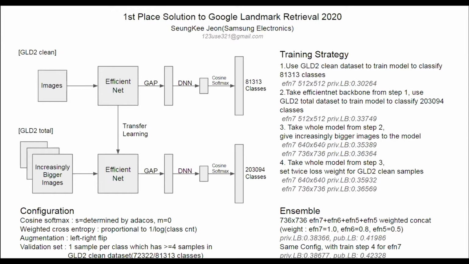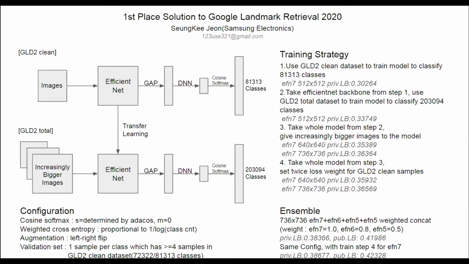Now I'm going to describe basic configurations. For cosine softmax parameters, the scale value was automatically determined by AutoCos. The margin value was set to 0 because the training dataset is noisy, so I thought trying to cluster more between same class samples could make training harder. I used weighted cross entropy to deal with imbalanced class distributions, and the weights were set proportional to 1 divided by